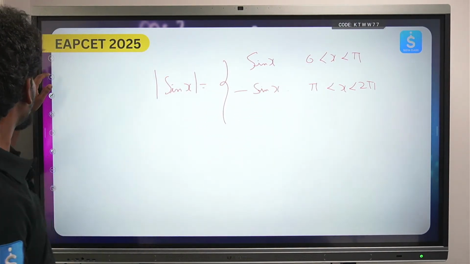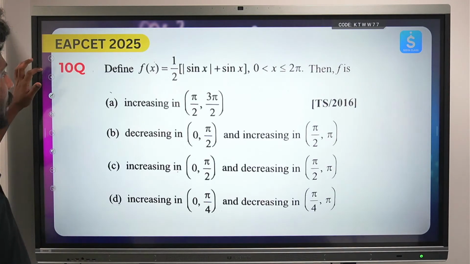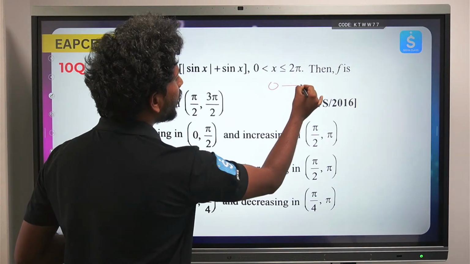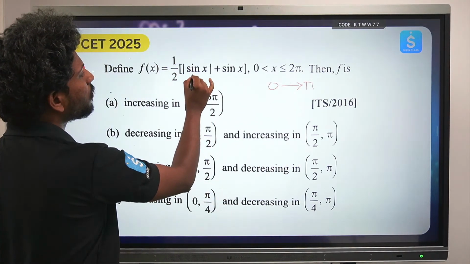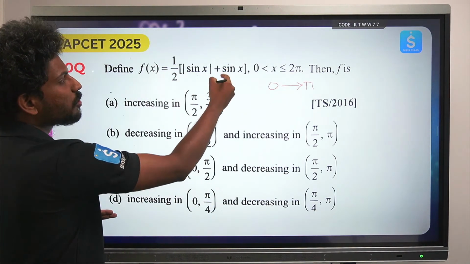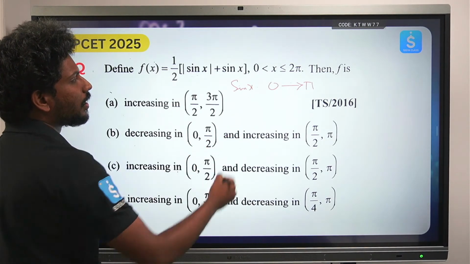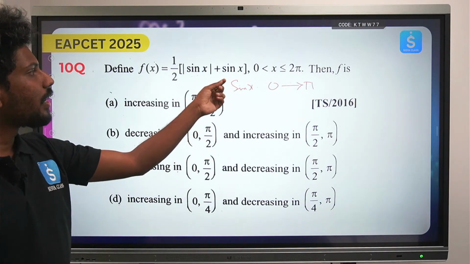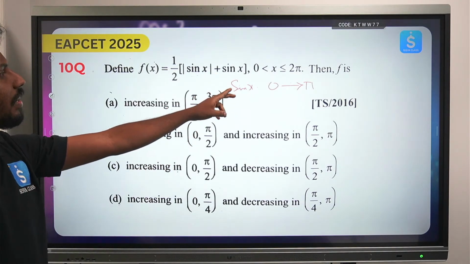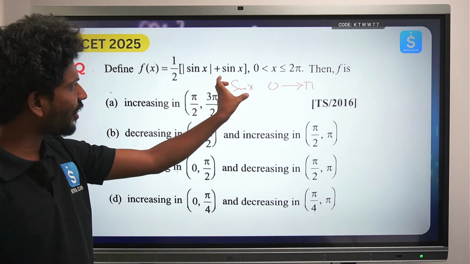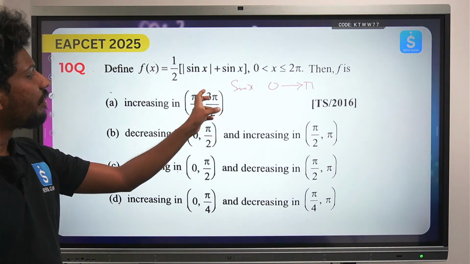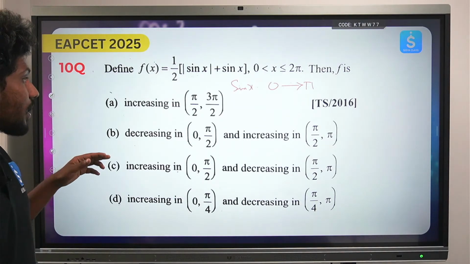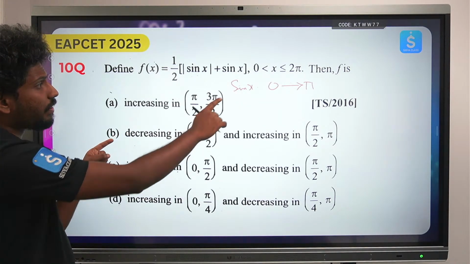Okay, now you analyze from 0 less than x less than pi. Here the values, from 0 to pi, this becomes 1/2 of positive sin x, plus sin x, so that will become sin x. So from the value 0 to pi, this just becomes sin x. Now you analyze just this function, the sin x value. From which value to which value it will be positive, and from which value to which value it will be negative. So if you see here, from 0 to pi,